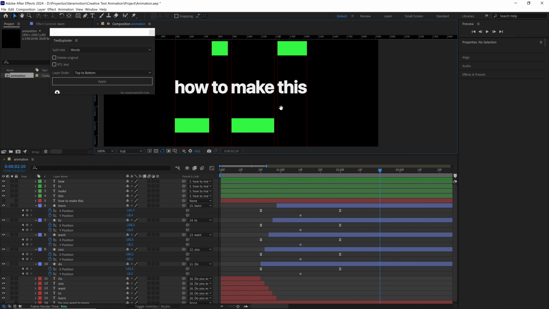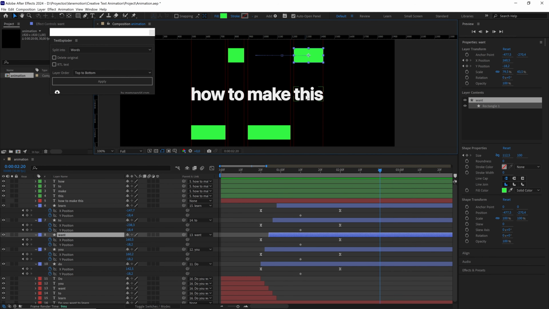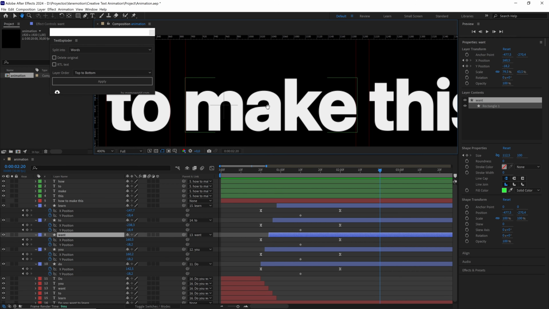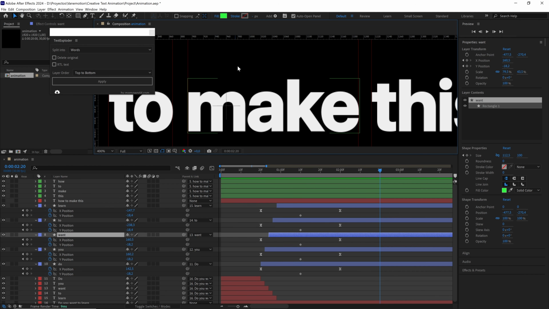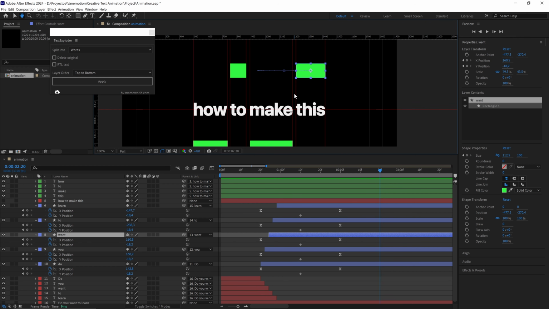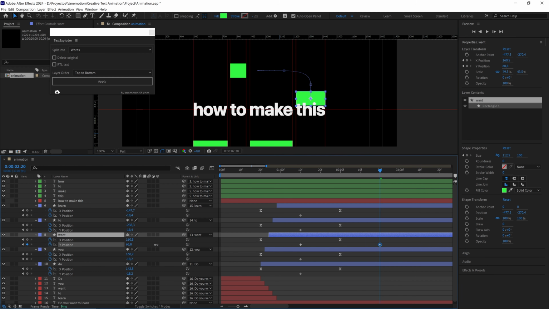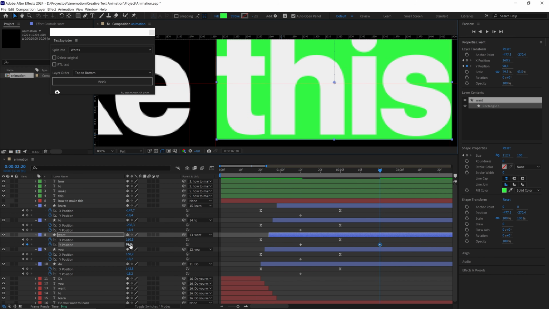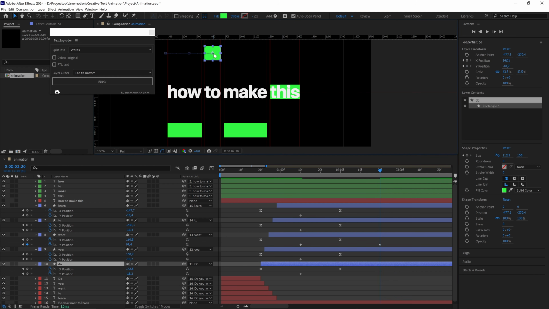Now what we're going to do is very easy. We place this shape below the word this, but first, we activate the safety margins to place a guide on this cross, which marks the center of the composition. Now we move the shape down to the y-axis. With Control-C, we copy this value and paste it onto this shape. Here on the y-axis, using Control-V,